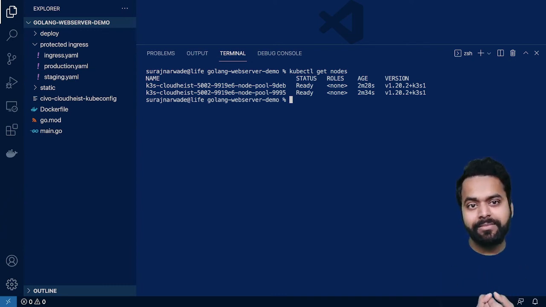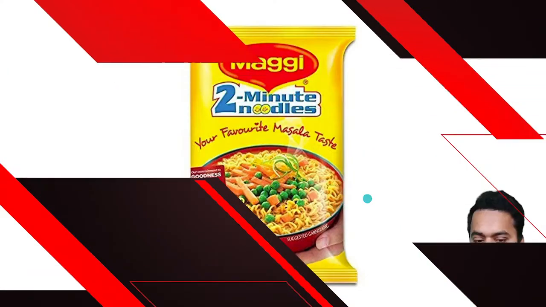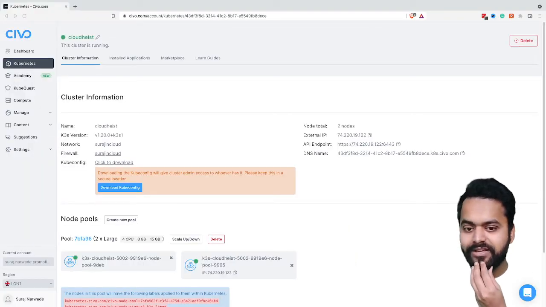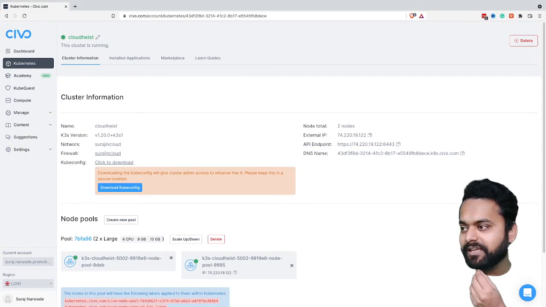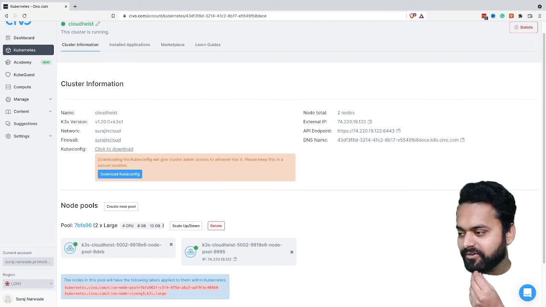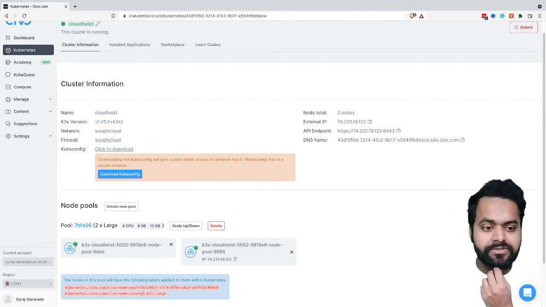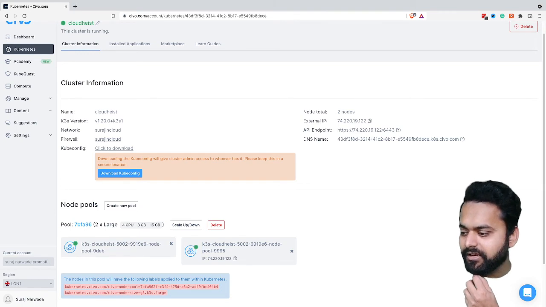Now since I'm in London, and the thing I chose was, oh, not this, wrong tab. Okay, so basically I forgot to mention here, currently they have data centers in the UK, in London, the United States, NYC, which seems to be New York, and Germany, which is Frankfurt, I guess. So I selected London, so latency-wise things are good.